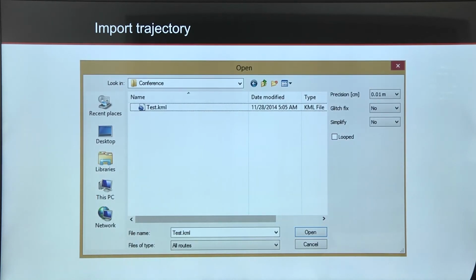We also have an option to import a trajectory inside Dewesoft, and we can import a KML track or a text constructed track. So a KML track can be exported directly from Dewesoft from our pre-recorded drive, and we have different options for import. For example, we can reduce the precision